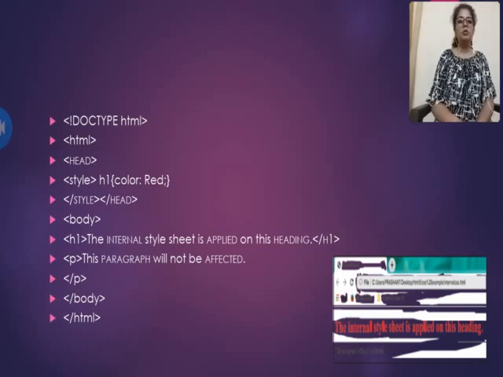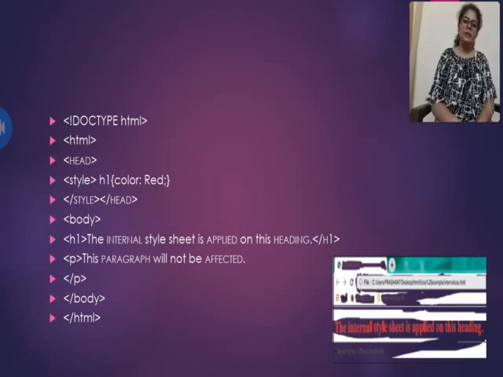So I have to choose the tag at which I have to apply the rule. So the tag is H1, curly bracket start, property I want to apply is color and the value is red. So by this, close the style tag. I just want to apply H1 with the color. So close the style tag and close the head.